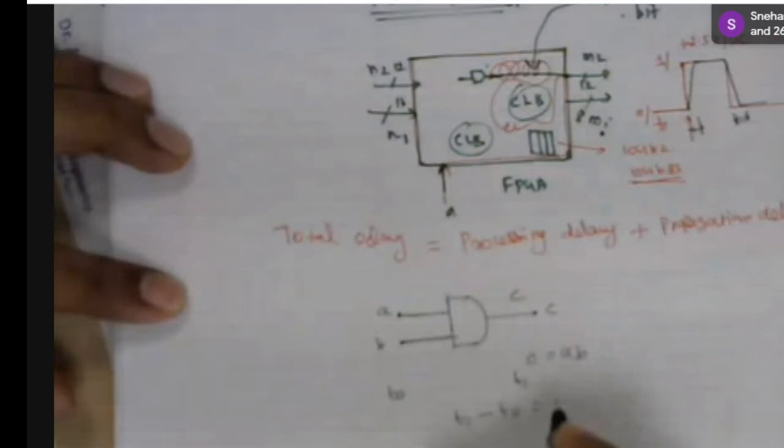How do we do manual floor planning? After your programming, you can open the internal architecture of your FPGA in the software. That option will show you what are all the CLBs chosen for this application. You can keep your mouse there, you can track there, and you can change the CLB also, right? That we will do while we do the experiment in the lab. So this is the idea: how we go for manual floor planning and the reason for going for manual floor planning. You understood now?